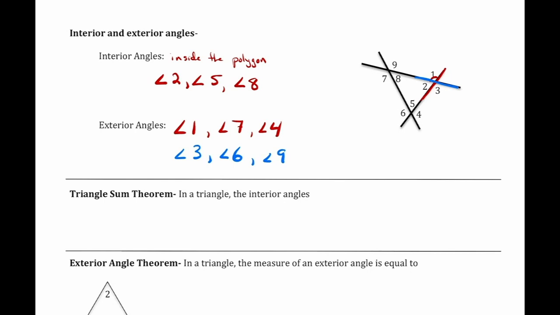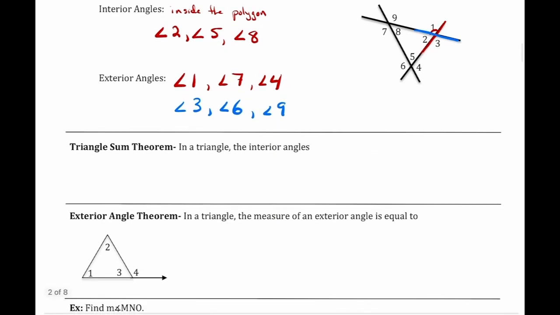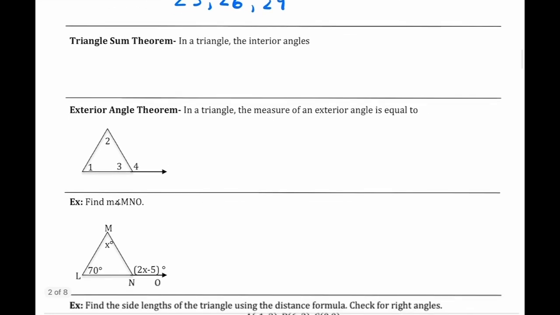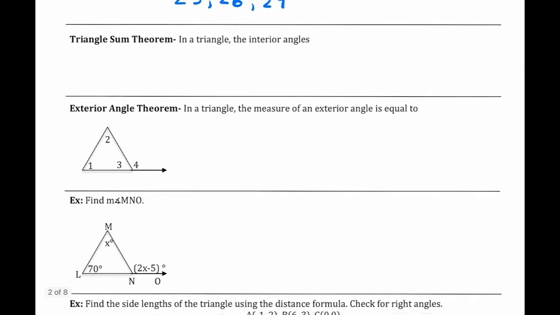So if we were to take 1, 7, and 4, add those together, they would have to equal 360. If we took 3, 6, and 9, added those together, they would have to equal 360. Okay? So, moving on from that, just naming our exterior angles, we have the triangle sum theorem, which says that